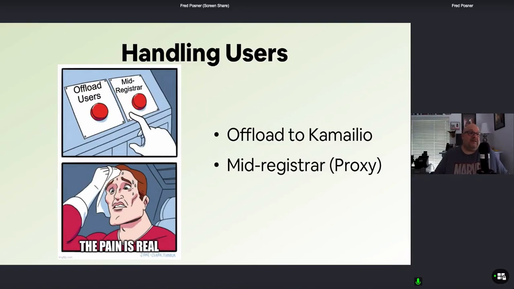If you already have existing users, then there's a significant change in moving how you're handling user authentication. You might be doing different things in your dial plan based on whether a user is registered, which you wouldn't immediately get to know just from an Asterisk command, because Asterisk doesn't know it's registered now on Kamailio instead of Asterisk. So in those cases, I like a mid-registrar to act until you can gracefully send things over to Kamailio should you need to. And a mid-registrar would just basically,